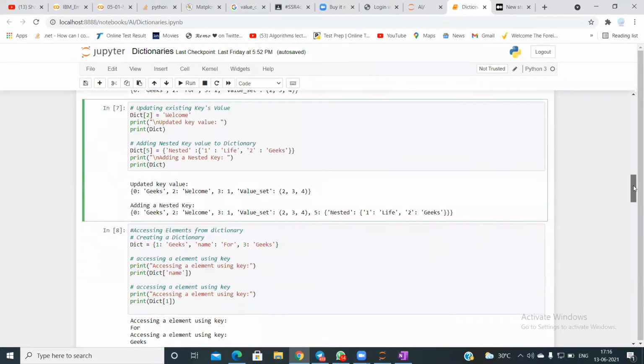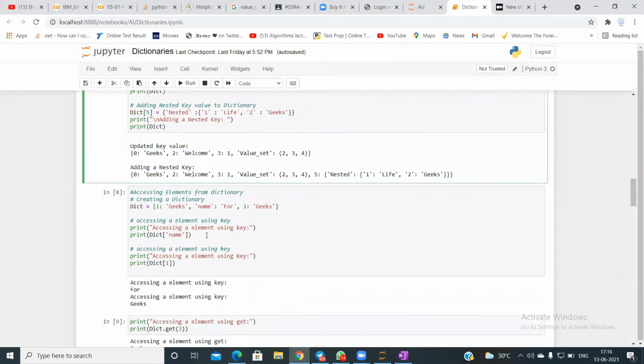And for accessing, you just need to pass the key name. If I pass one, I'm going to get the value that is associated with this one. If I pass name, I'm going to get the value associated with this name.